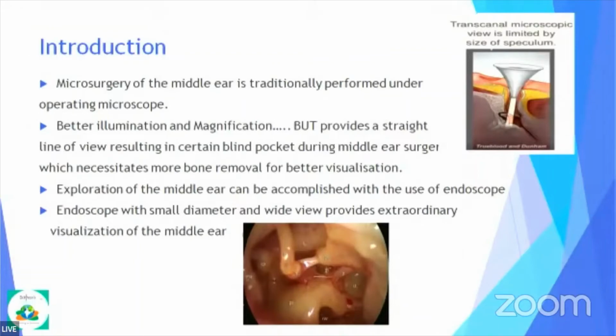Microsurgery of the middle ear is usually performed, as we all know, and we are all trained with the microscope during the 3 years of our postgraduate training. So a little bit different to what we have been doing is,